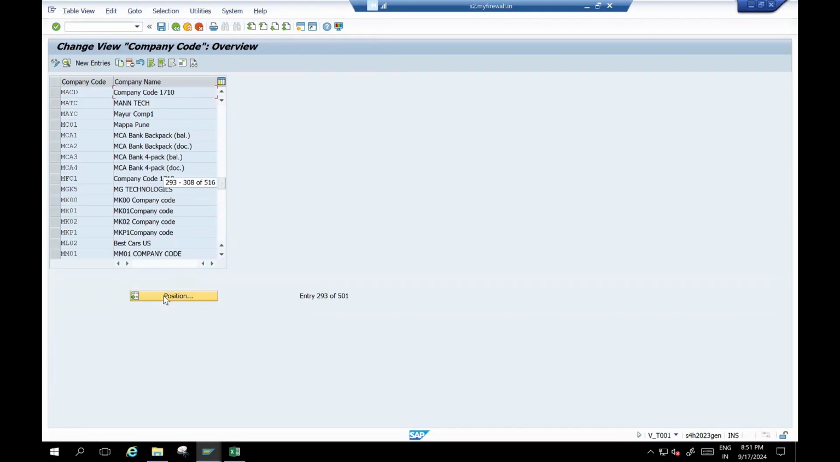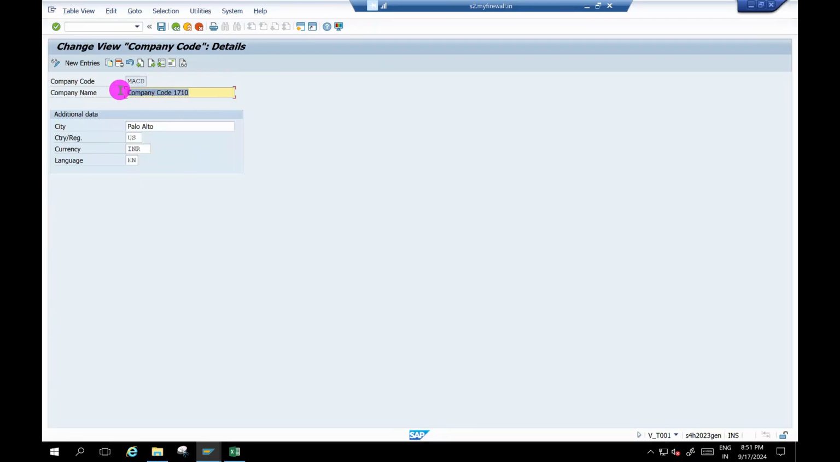MACD, MACD. See here, MACD. Double click on the see. It has copied the description as well, company name. So here we'll take. See, company code is restricted to only 4 characters. So you just keep in mind. So here I will give MACD